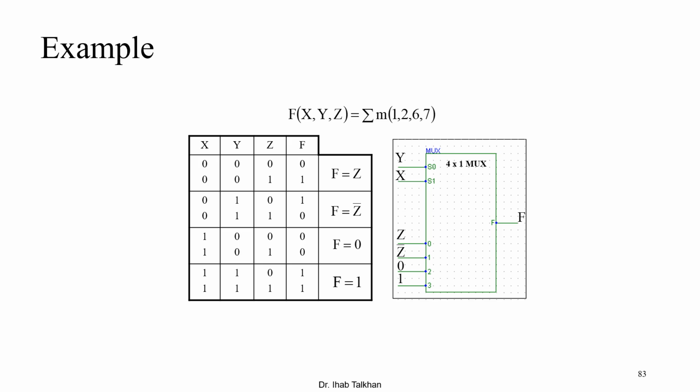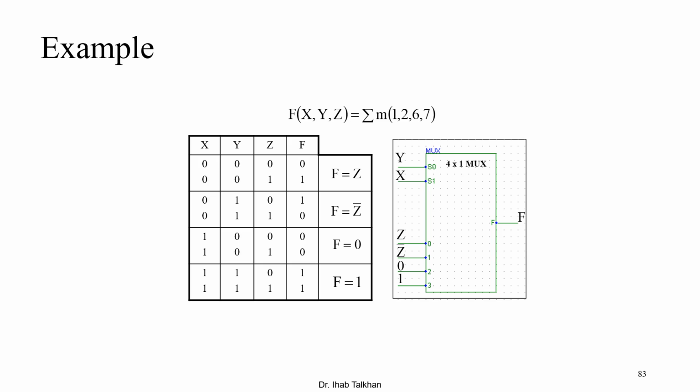Using a 4 by 1 multiplexer, this means I'm going to have the most significant variables x and y as selection lines. So we have S1 and S0 as x and y, and we find the relationship between z and f. So we have here 4 blocks. Instead of having 8 lines, we have here